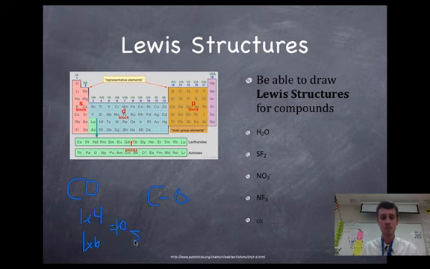Now next I'm going to start to put some electrons on my oxygen. I've put 6 on the oxygen, so I have 2 left, and that leaves me 2 to put on my carbon. So my oxygen's happy, but my carbon's not. One way that we know to combat that is to